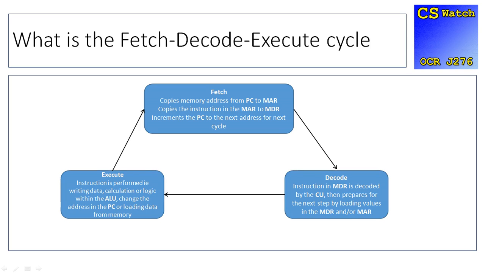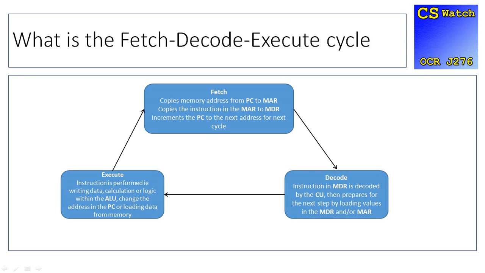And then finally the execute stage, the instruction is performed, so whatever it is, writing data, calculating, logic, moving something, gets done within the ALU. So we've taken the information, the instruction which has been decoded by the CU, and then it gets executed. Whatever gets done gets executed in the ALU, so wherever it is, it gets calculated in there. We then change the address in the program counter, or we load more data from memory, and then the cycle